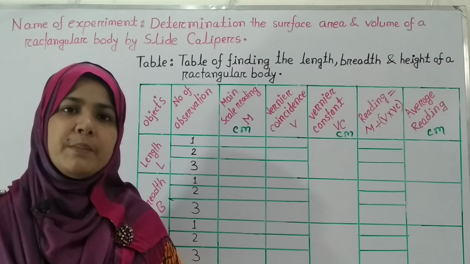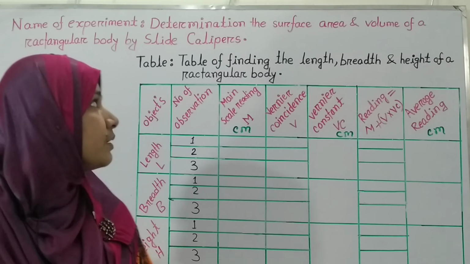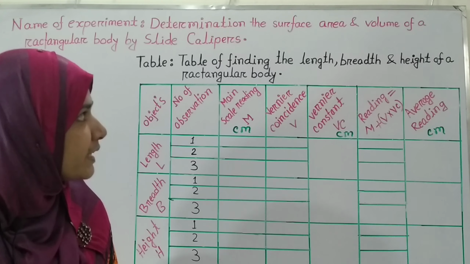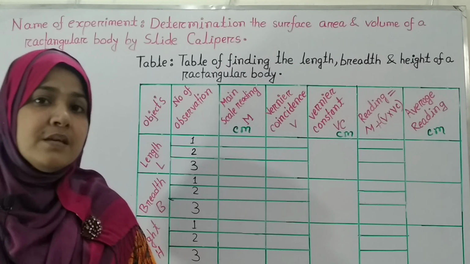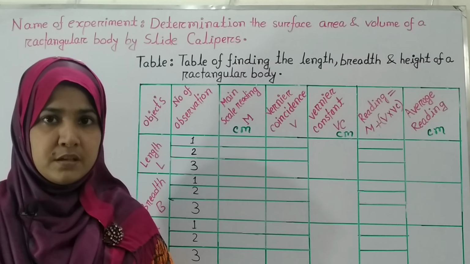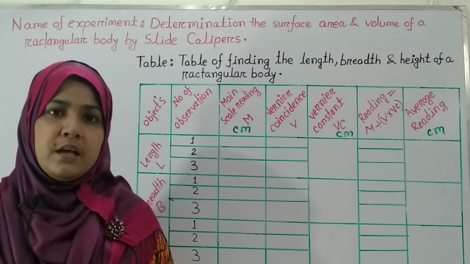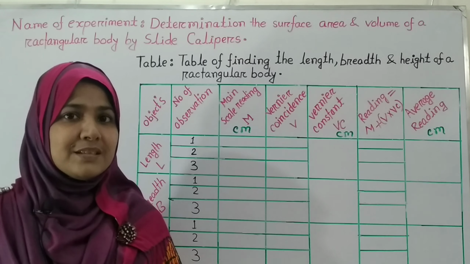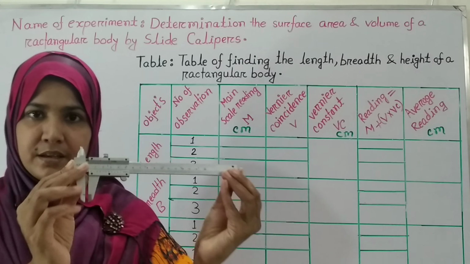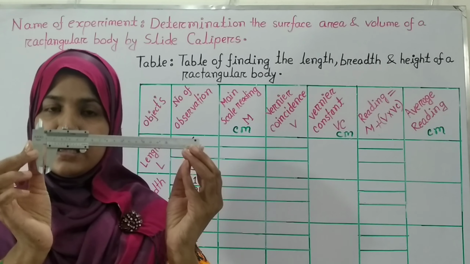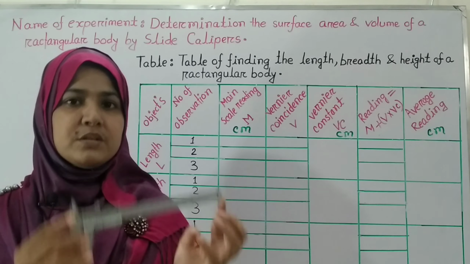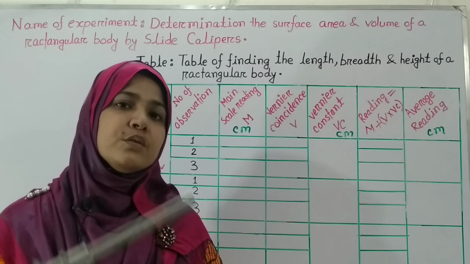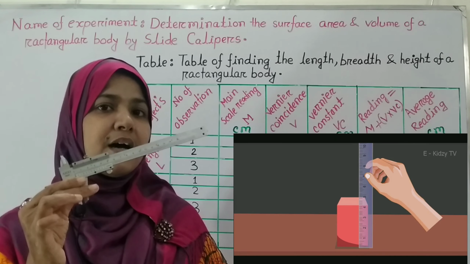The name of the experiment of today's class is determination of the surface area and volume of a rectangular body by slide calipers. You can see there is an instrument in my hand. This is a slide calipers. But the first question is, why are we going to use slide calipers to measure the volume